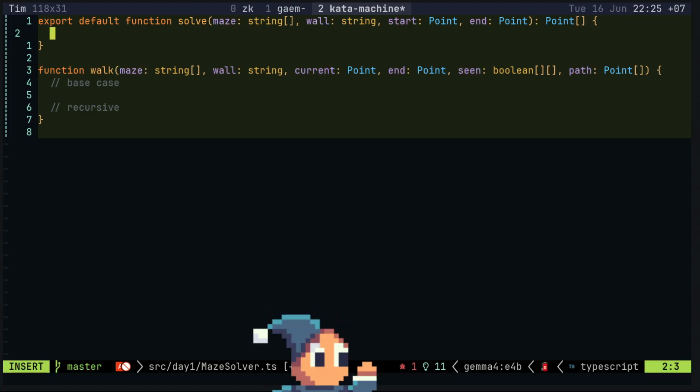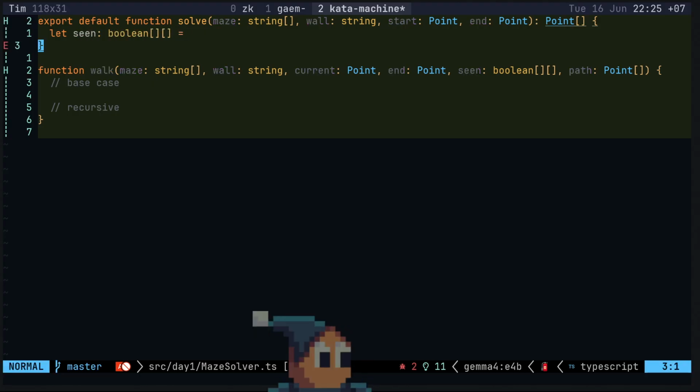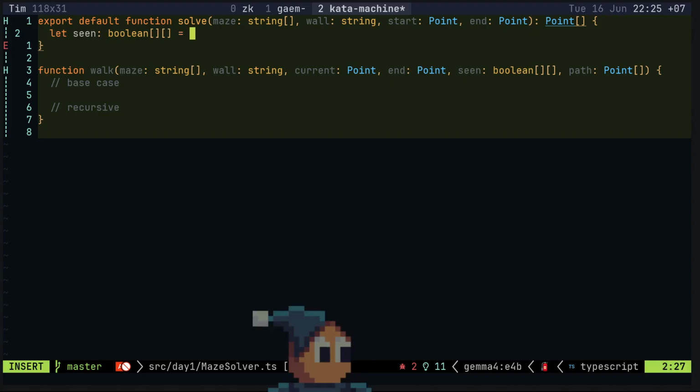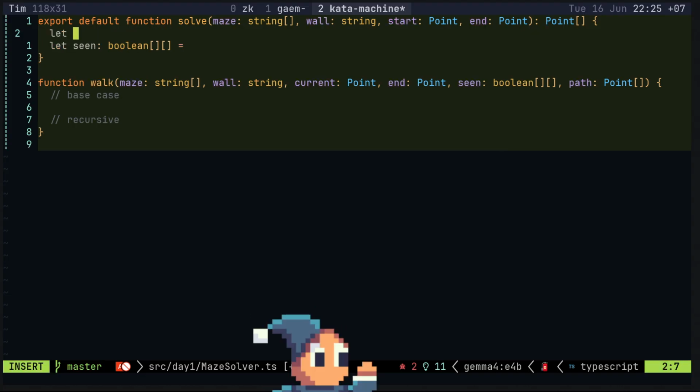I remember. Oh man, how do you even declare a variable again in TypeScript? So let scene. You do this? I remember. Is that a thing? Let path be point.